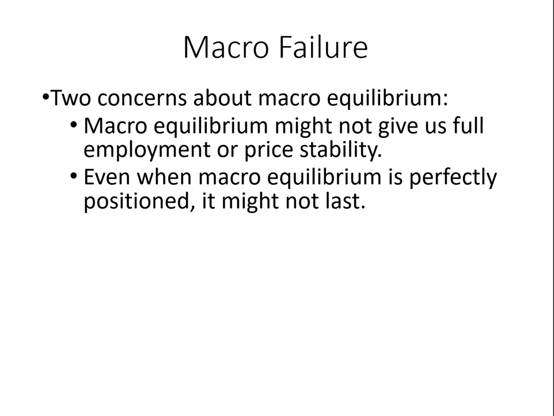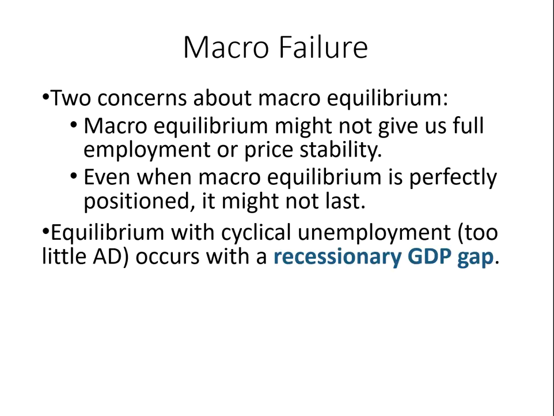We will discuss the undesired equilibrium first. There is both full employment and price stability, but there is no reason to expect that market participants making independent decisions will generate exactly the right aggregate demand. If that's the case, we will see different kinds of GDP gap that is far away from our full employment GDP.